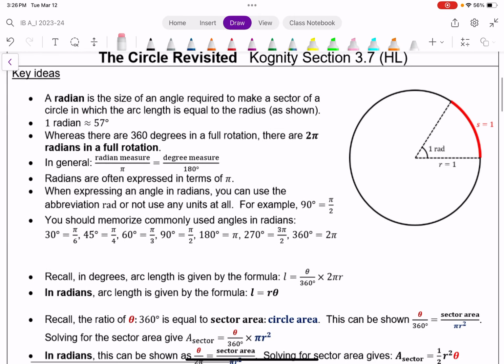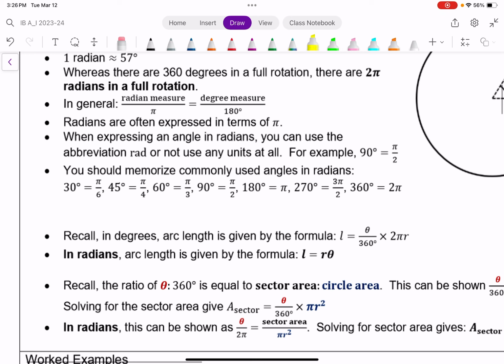Before I look at this, these angles here, 30 degrees being pi over 6, 45 degrees being pi over 4, and so on. These are critical. When dealing with radians, these are special angles or multiples of special angles, and we see these so often that we should ideally know them